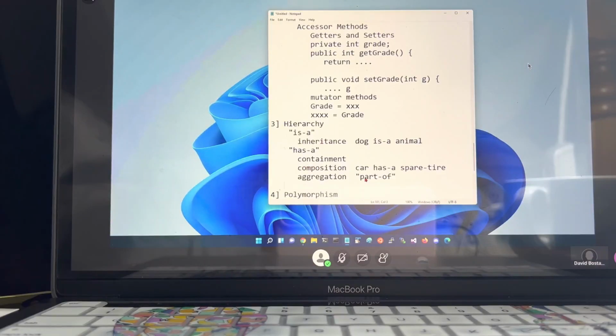Still has a relationship, but we want to think of aggregation here as kind of being a special form of what we would call an association.